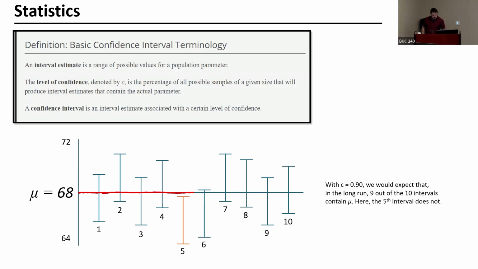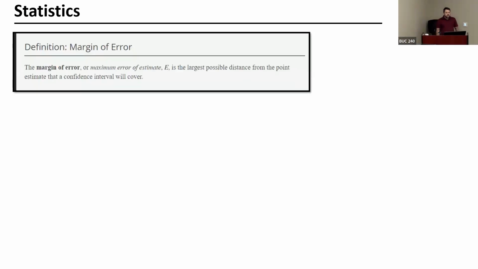Now, margin of error, or maximum error of estimate. Everybody's heard, we just went through an election, you heard margin of error. They were saying so-and-so is winning by this many points with a margin of error of plus or minus 3. You've all heard that. Well, now we're doing margin of error. Margin of error is the largest possible distance,